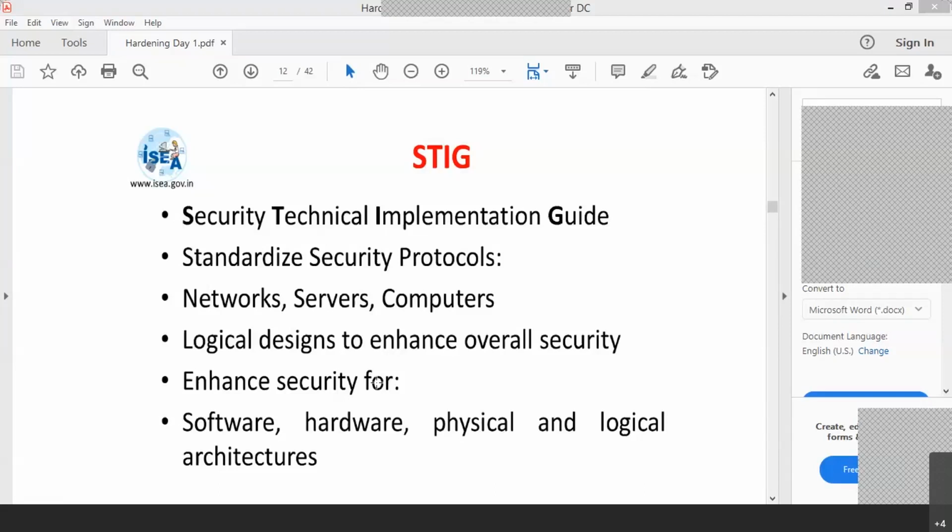So basically, the ultimate aim is that you are enhancing your software, physical, and logical architectures. Okay, so actually, CS-CAD is a Linux-based tool. Yes, sir, it is also there for CS. Otherwise, I will just send you that zip file. Okay, that will be, I think, the one added for you, for both Windows as well as Linux.